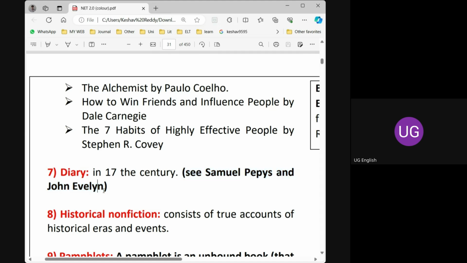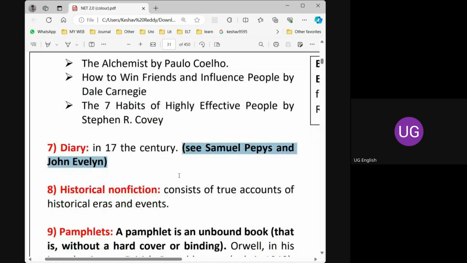These diaries are also important sources of the historical events in English literature. We'll discuss it elaborately. They even described their experiences of watching the dramas of the time. They watched the dramas of Shakespeare and noted remarks on them. Very interesting, so we'll discuss it in the diary section.